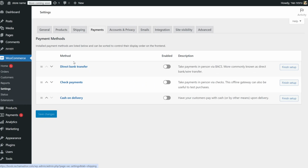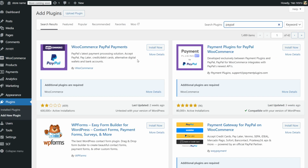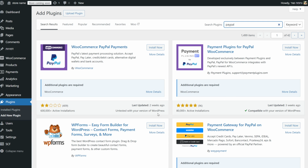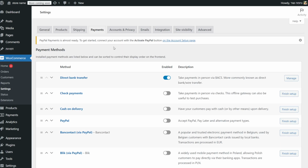If you want to use PayPal for your WooCommerce store, then you need to add a plugin for it. They used to include it with all the payment options, but now you need a plugin. If you use other payment methods, you can add their plugins like I do with PayPal and follow the instructions of your payment provider. After finding, installing, and activating the PayPal plugin, go back to WooCommerce settings and click on